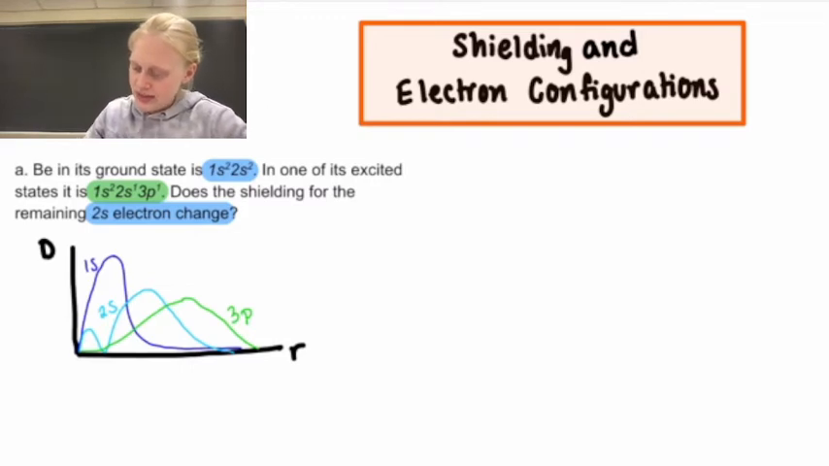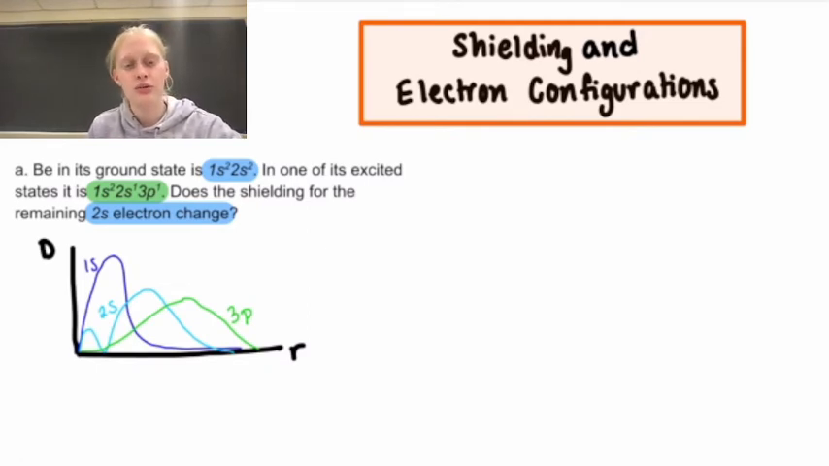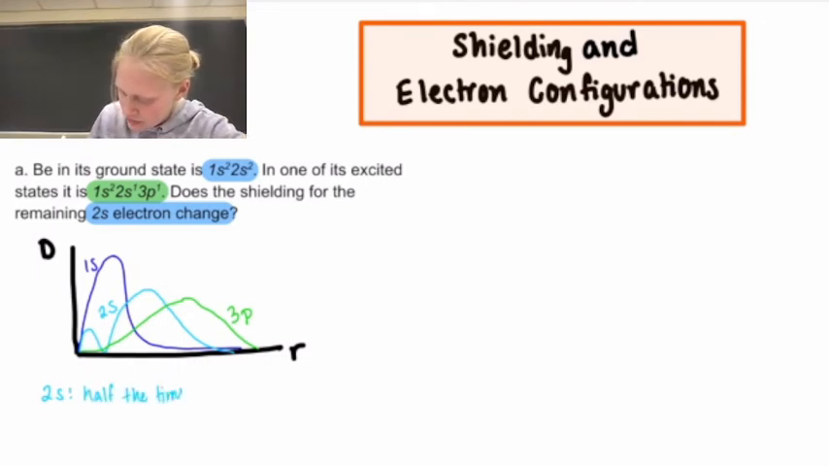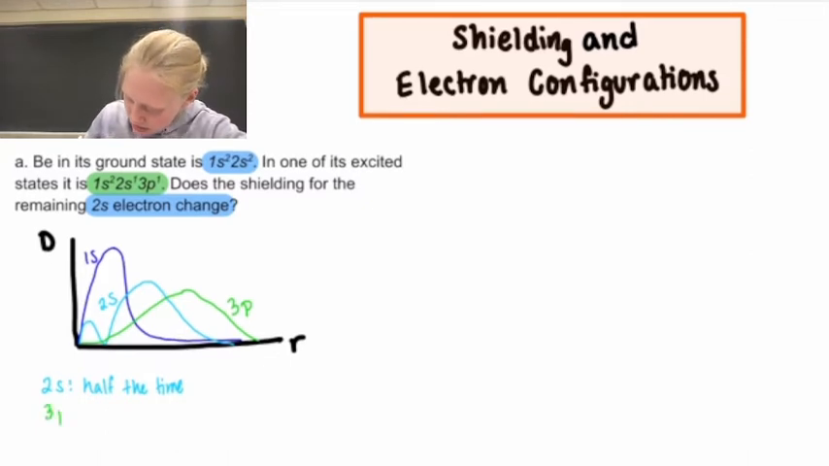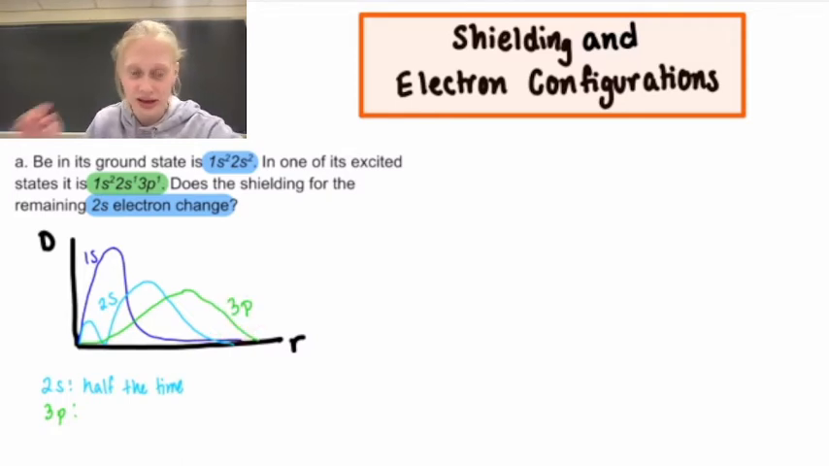So it's asking us to compare how the 2s electron feels when it's being shielded by another 2s electron or when it's being shielded by a 3p electron. When it's being shielded by another 2s electron, they're in the same orbital, so it's being shielded about 50% of the time, so about half the time. And when it's being shielded by a 3p electron, you can see from our radial distribution function, the 3p is much farther away, so